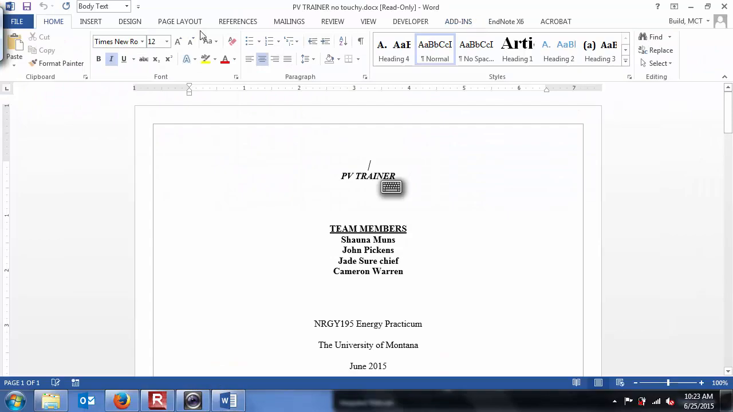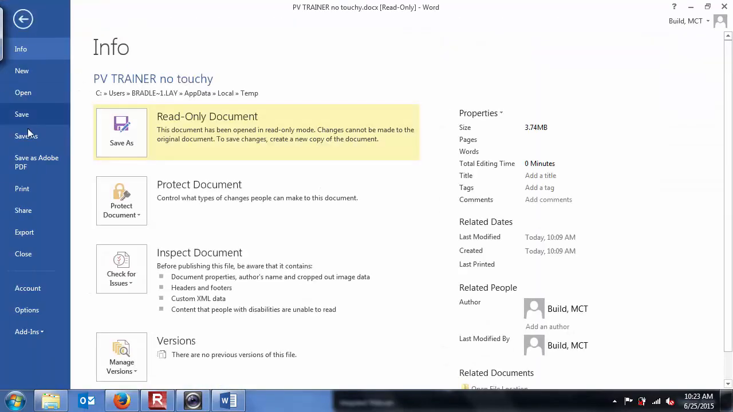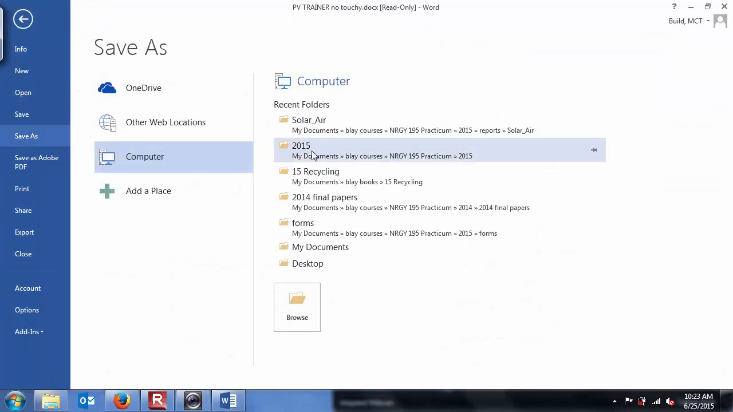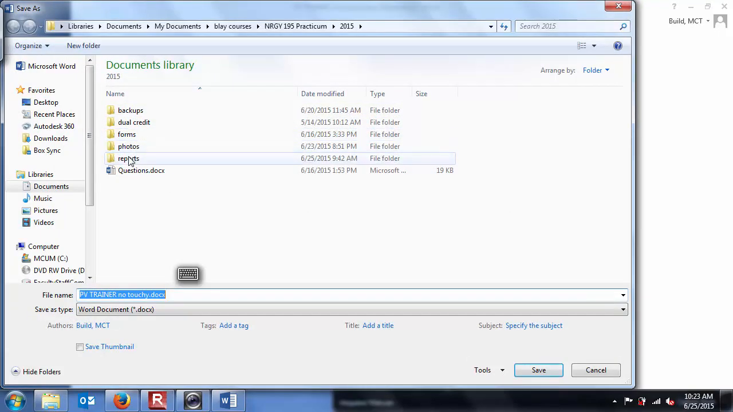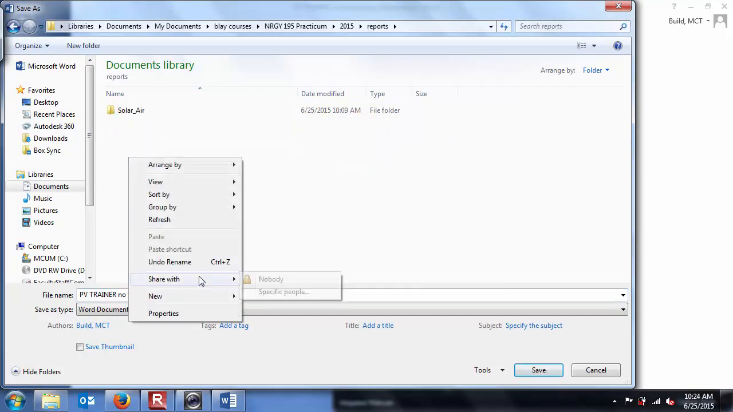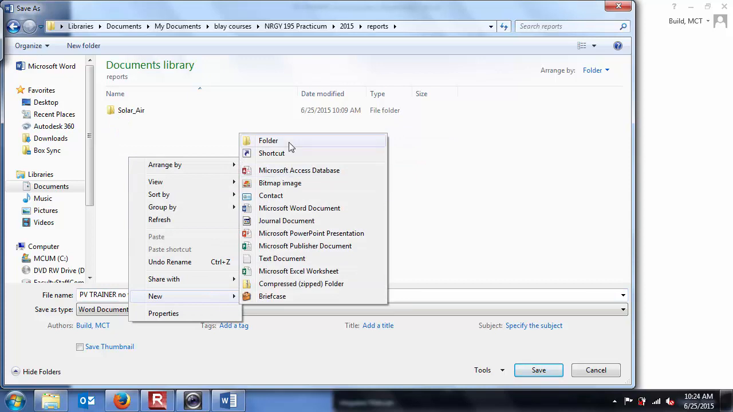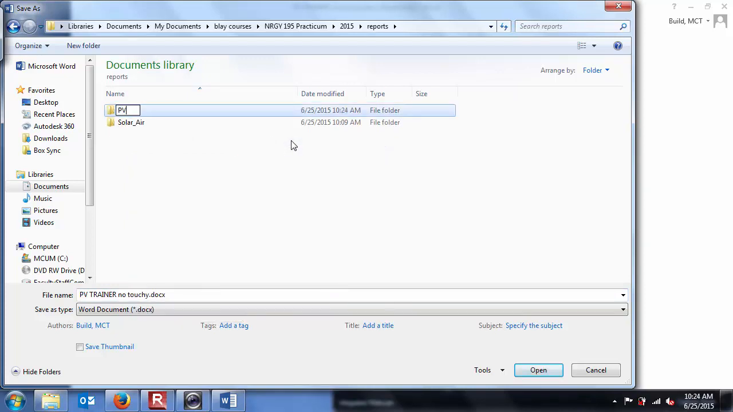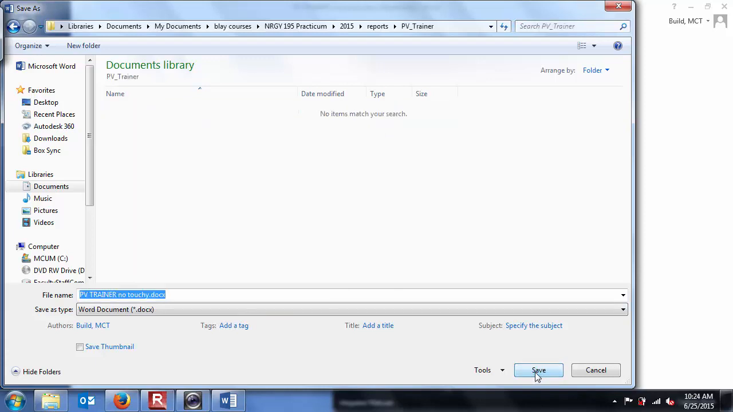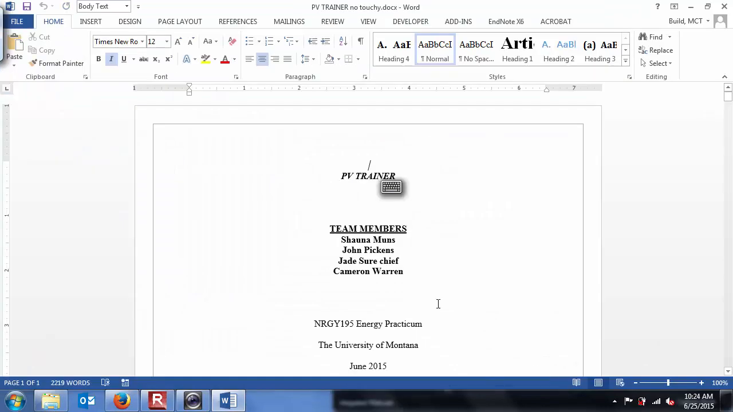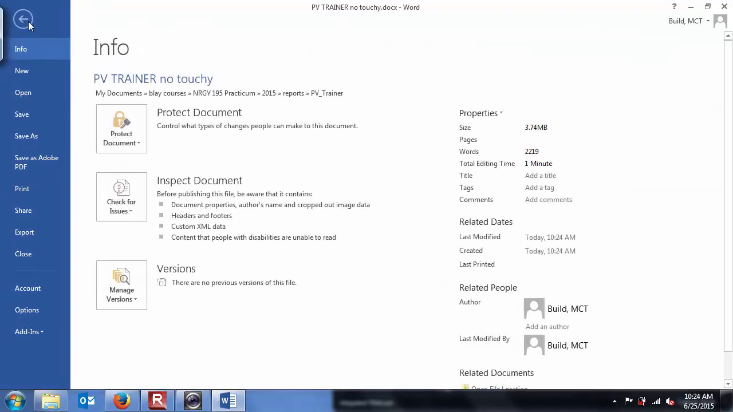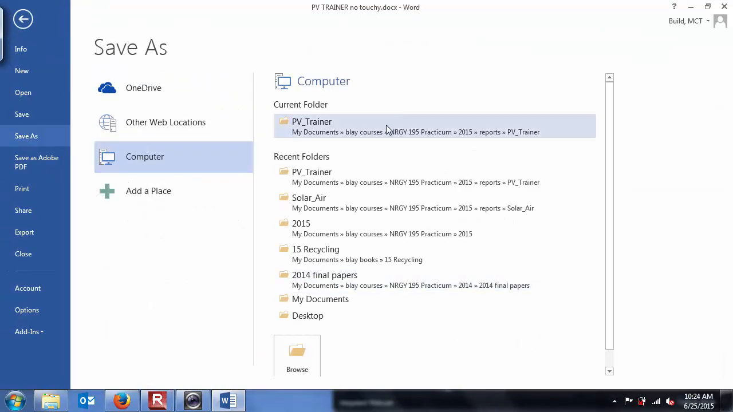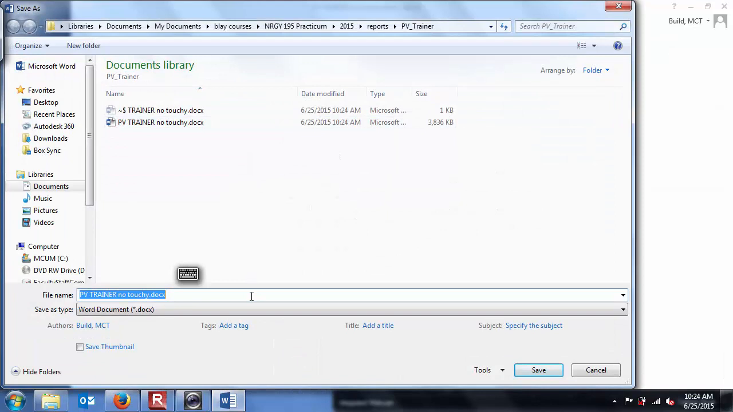Okay, so this is something I told the last team here. I'm gonna go to File, Save as. I'm gonna go to the practicum, here's the reports. I'm gonna make a new folder and call it PV Trainer. And I'm gonna open it, and I'm gonna save it exactly how I see it. Now I'm also gonna save it in my own format. File, save as, same directory, and